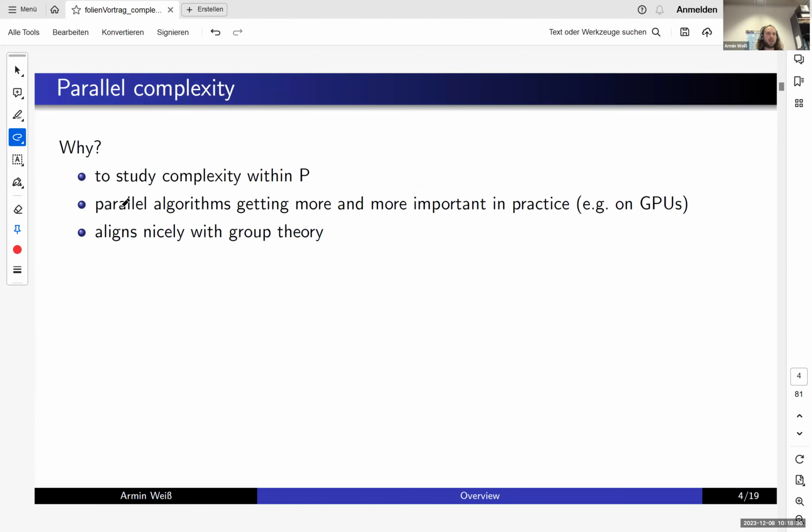Now I want to focus on the parallel complexity of the word problem. So why should we study parallel complexity? The first reason is that with parallel complexity, we can study complexity within polynomial time or even within linear time. If you have a sequential algorithm, you cannot do anything mini